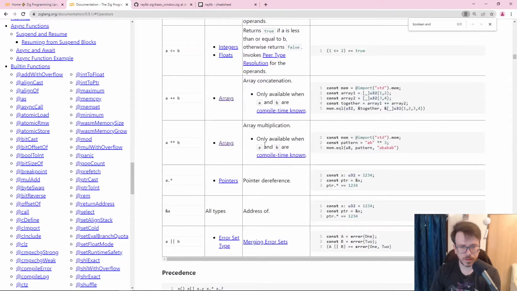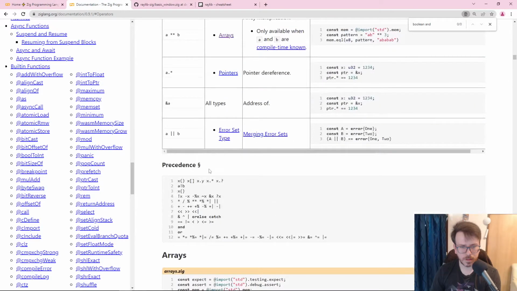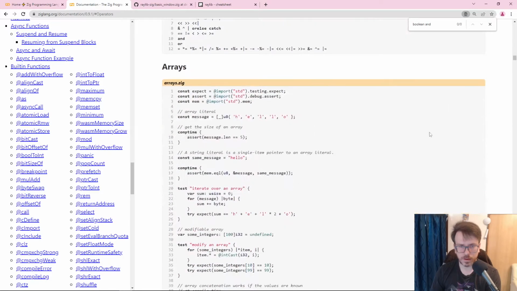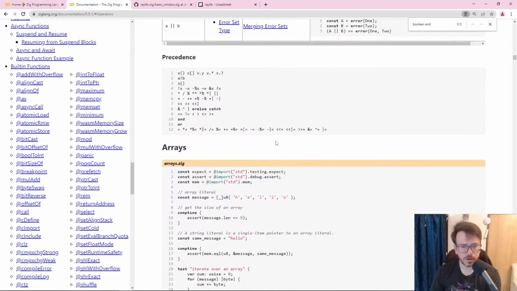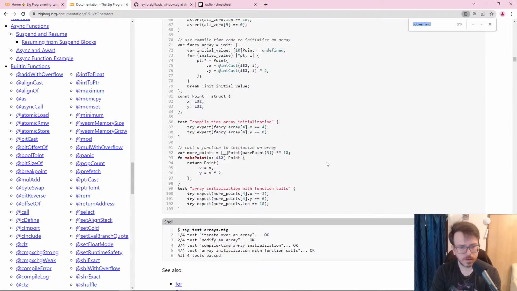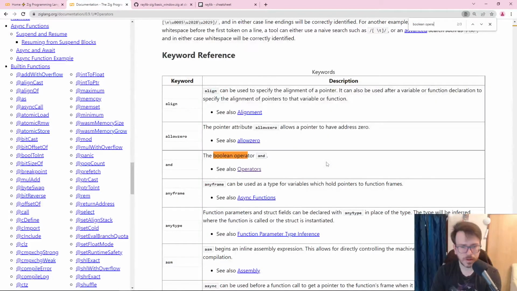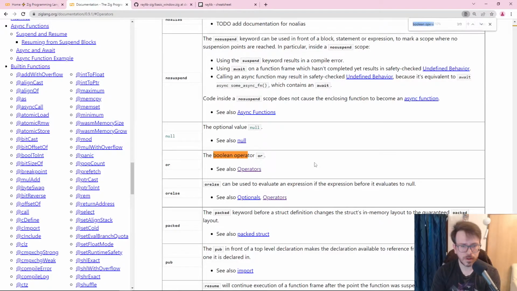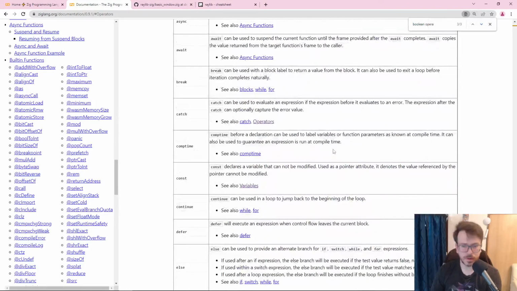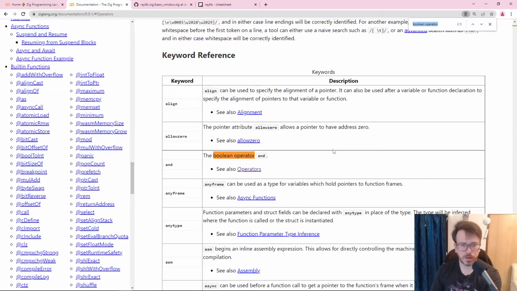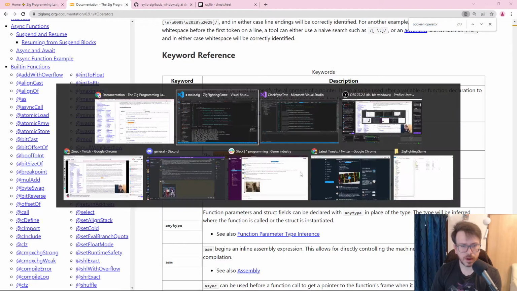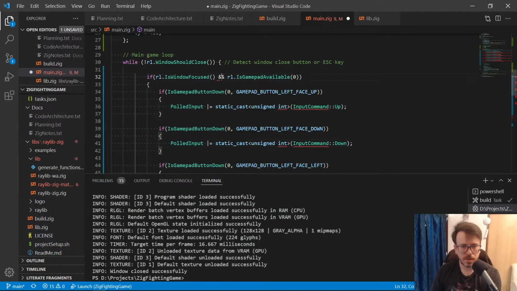Wait, why is there an or? Wait. This is merging. Okay. Oh. So it's just and? Just do we type and? Okay. This is a keyword. Cool. That's easy enough.